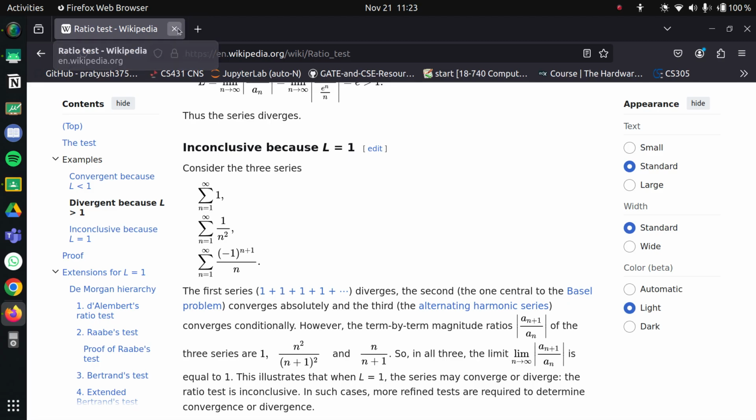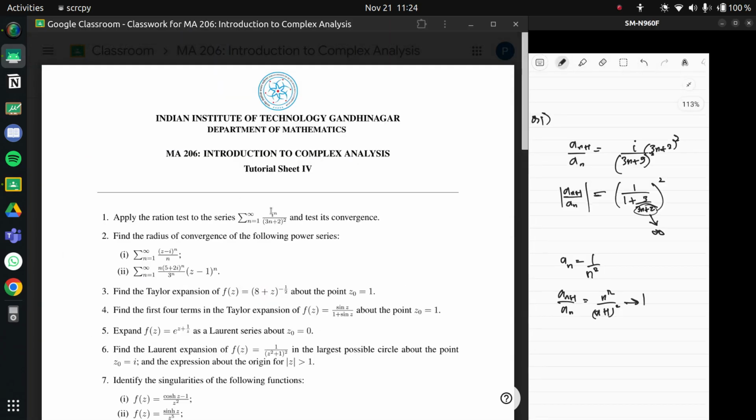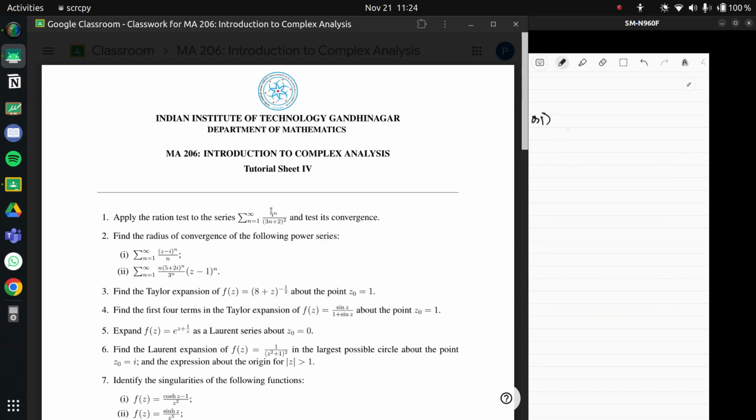Makes sense. So now what do you have? You can't say anything, right? L equals 1, and so we don't know much. No idea, right? So now what do you do? Well, you have to do some other trickery to get this thing. So we know